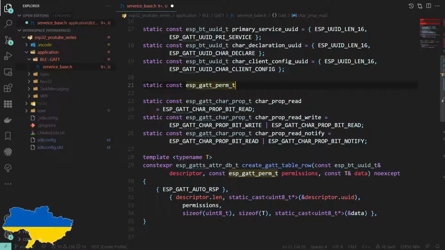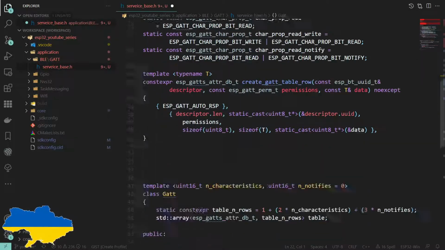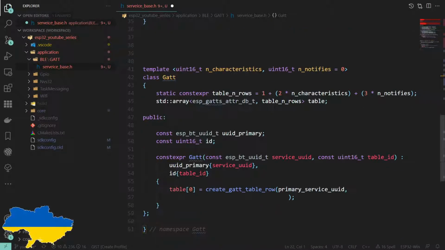As far as I'm aware, there's no value in making those constexpr. So char read, and then for the moment we're only going to be using read properties. But we'll expand this as we go, because I need to tidy this up anyway. As you can see, it's getting a little bit unwieldy.